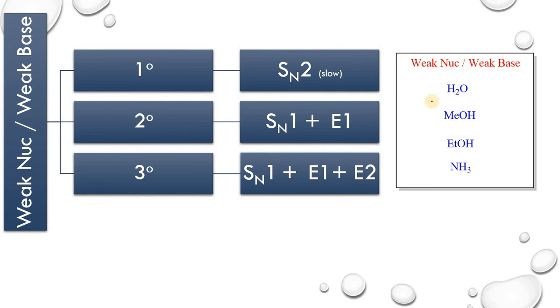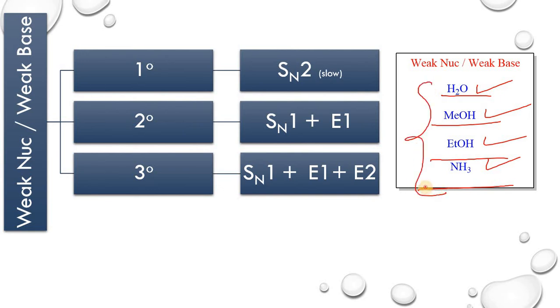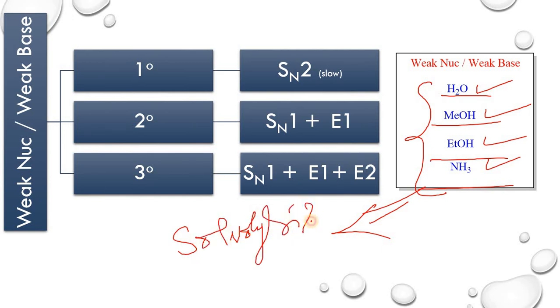Suppose if you take both weak nucleophile, weak base, these species can act as weak nucleophile, weak bases. If you take neutral alcohols, or amines or water, these chemical species can act as weak nucleophiles or weak bases. Actually, in presence of these molecules, what is the step? There is a solvolysis. The first step, always solvolysis.